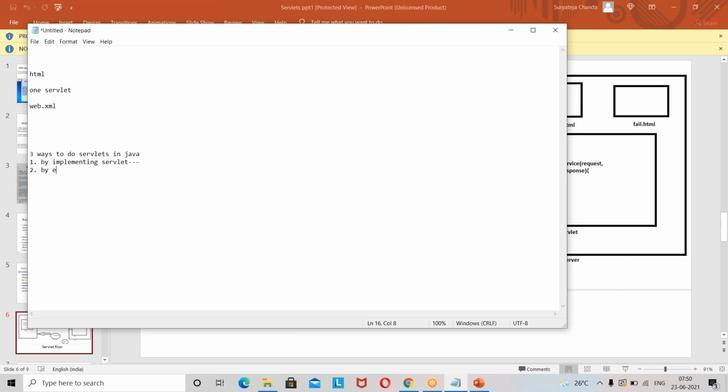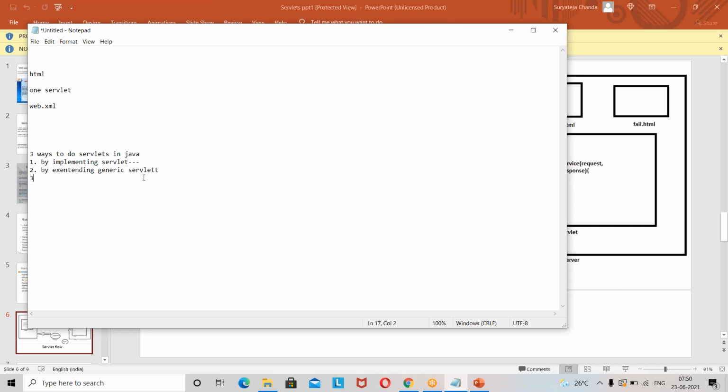And the second way is by extending generic servlet. Generic servlet is a child of your servlet interface. Here the advantage is that whenever you extend it, you are not required to override everything.